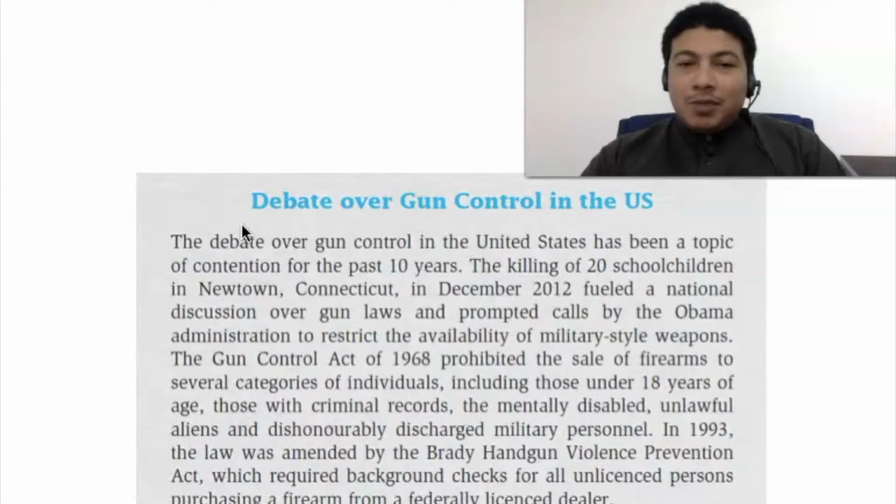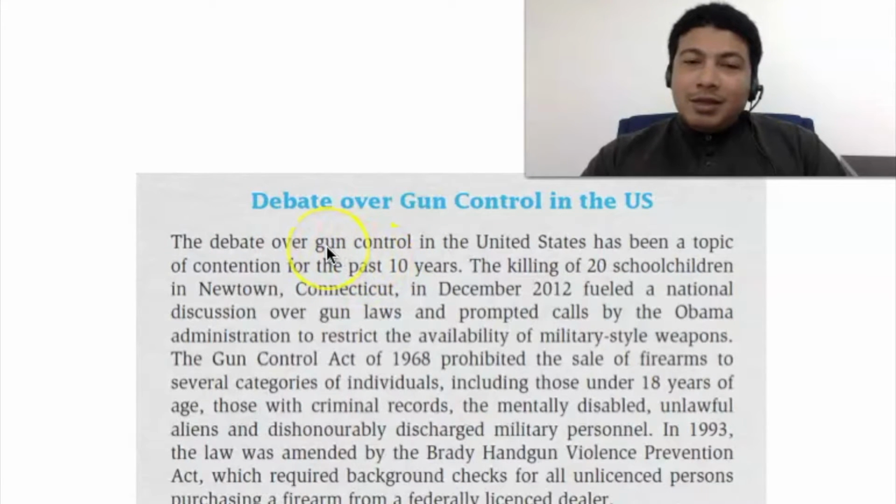So the topic is debate over gun control in the US, and the stated main idea is, what about the debate? So the debate over gun control in the US has been a topic of debate or contention for the past 10 years. So that is the issue. That is what the author wants to talk about in this paragraph that the author states